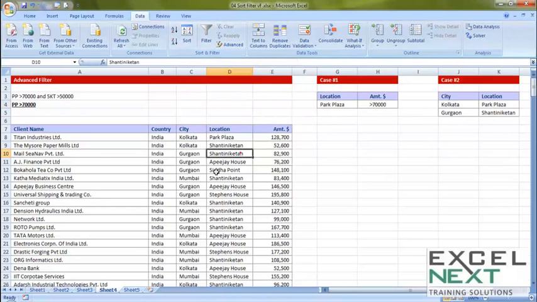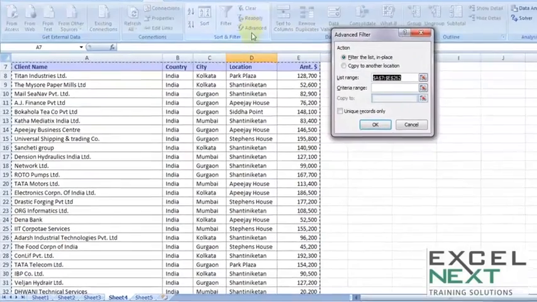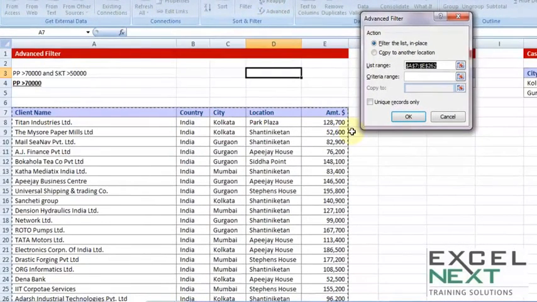Now you may not choose the data, you may simply select any cell and go to advanced filter. Alright, now let's quickly read the various options. So the first two action options are filter the list in place, copy to another location. Now this is asking you to make a choice. That means, do you want to filter the list, entire list in its original position, or do you want that master data should be intact and the answer, the output, should be somewhere else?